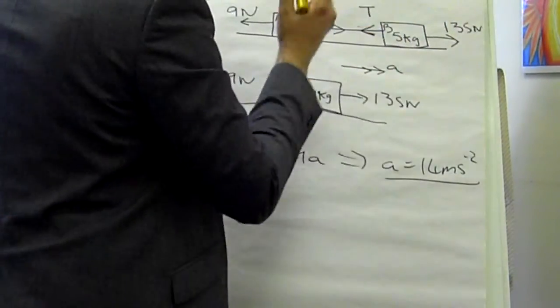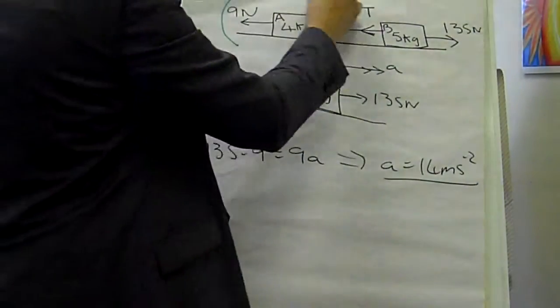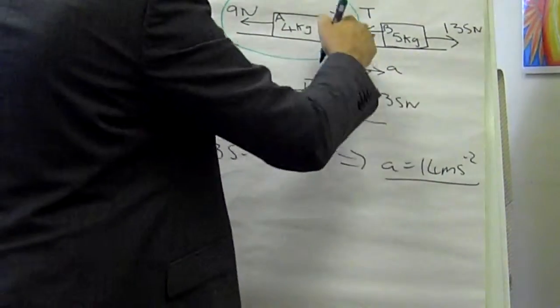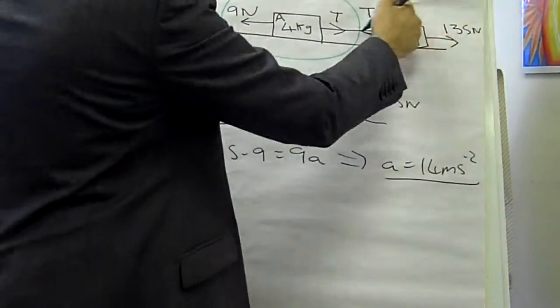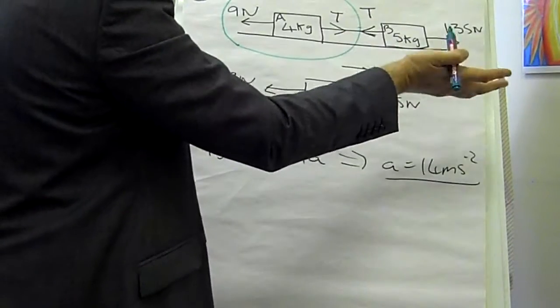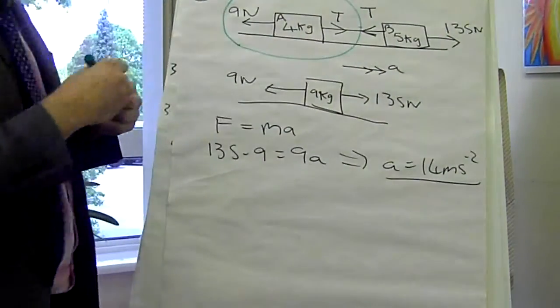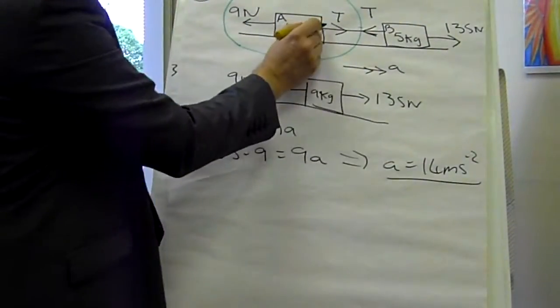So we can see now that if we look, for example, simply at just one part of the system, I'm going to look at this part of the system, rather than this part, because then T is forward, which means it's positive. If I'd looked at this part, T would be backwards, which would mean I'd have minus T in my equation. So I'm going to look at this bit, and if I now apply F equals ma to this part, then I've got T,